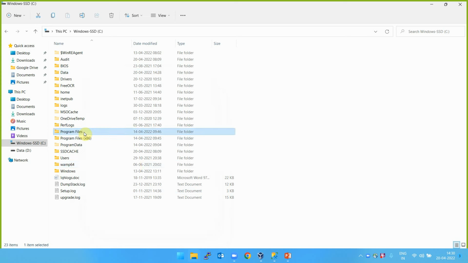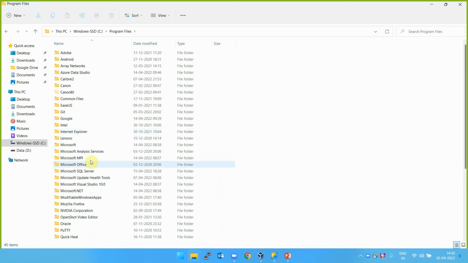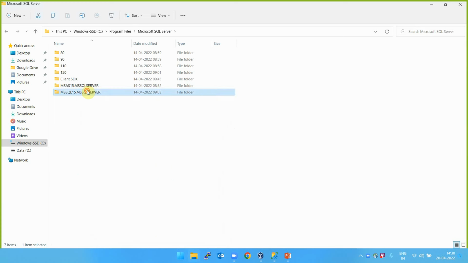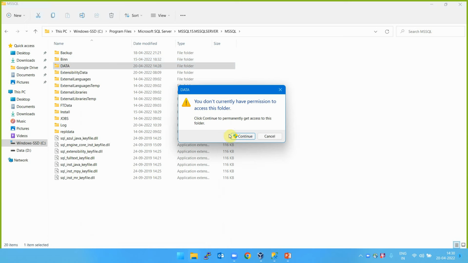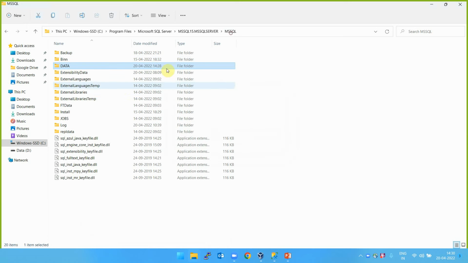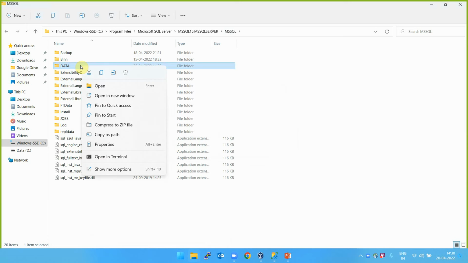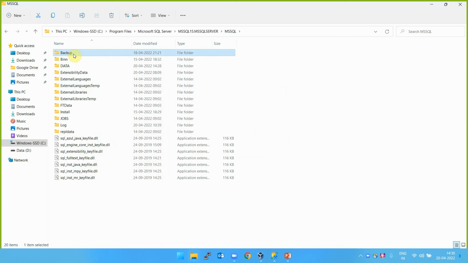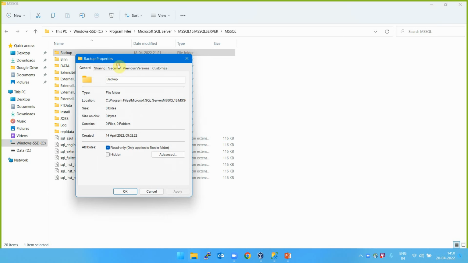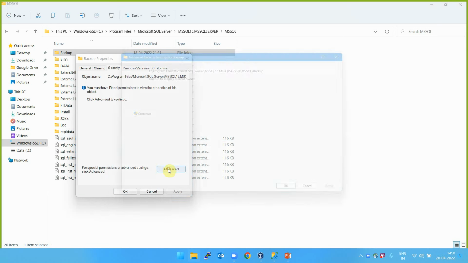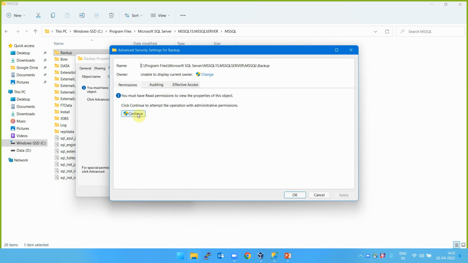In fact, if I go to this particular directory also, Microsoft SQL Server, this directory MSSQL, under that data, the backup, this directory also should have the right permission for the agent if you are taking the backup in this directory itself. Generally a backup directory is a backup directory, and this directory also should have permission. Show more options and assign the permission security here also, that user should have permission on this directory. Continue,